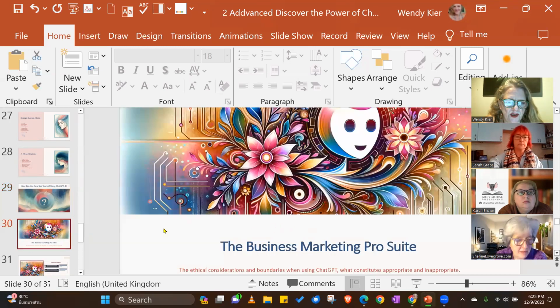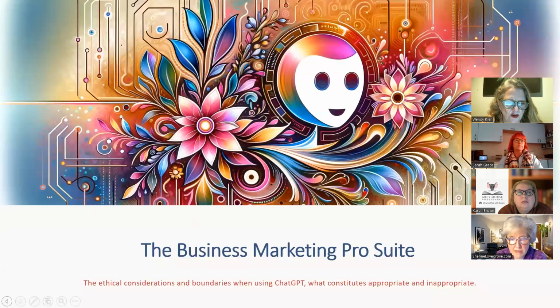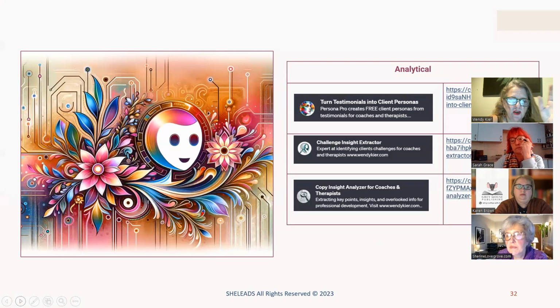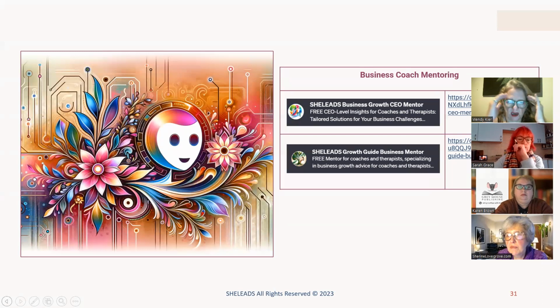Okay, so let me just quickly go through, but I don't think we need to go through this too much because we've been doing it as we've been going. But the Business Marketing Pro Suite, which is what I'm bringing together, that collection of the GPTs, is looking at a business more holistically and how you can save time and get business advice. So you've got the business mentoring. When you think about your business, you can be thinking, what are the different levels that I can use these GPTs